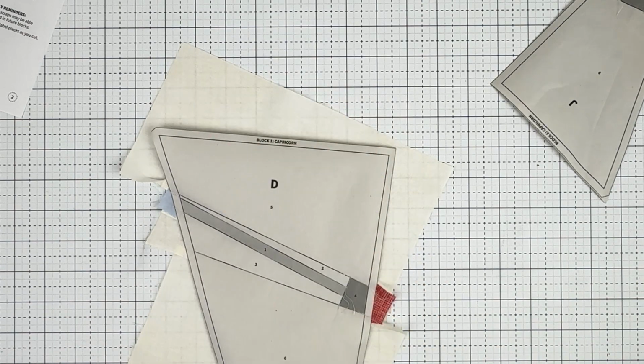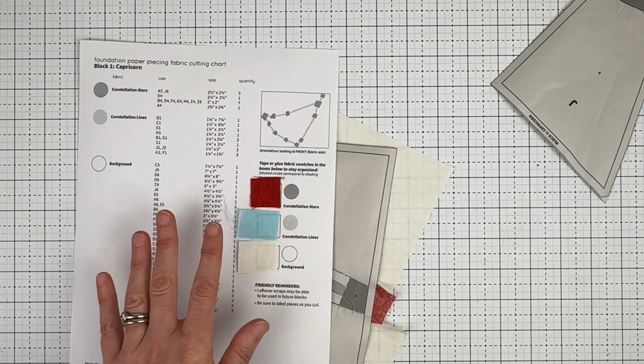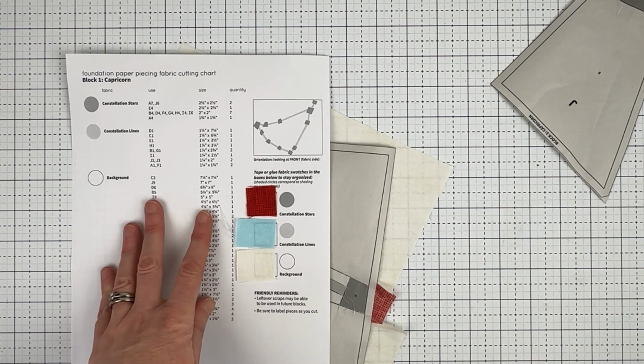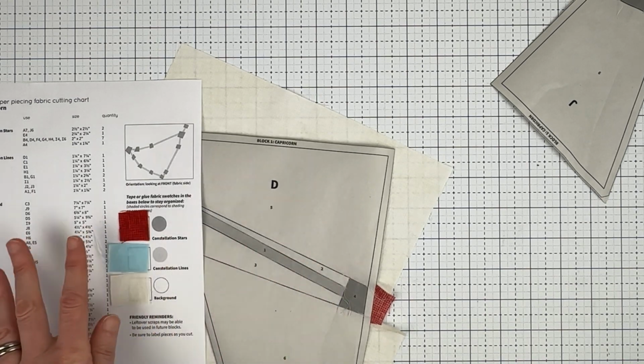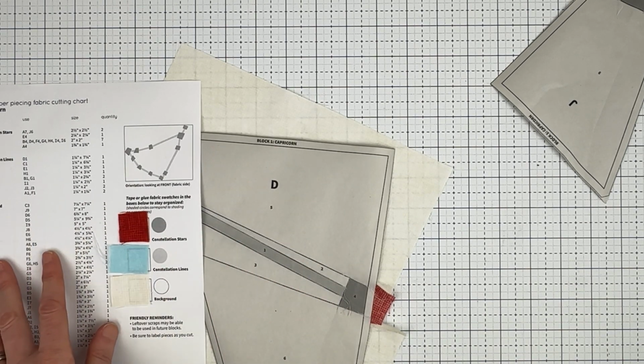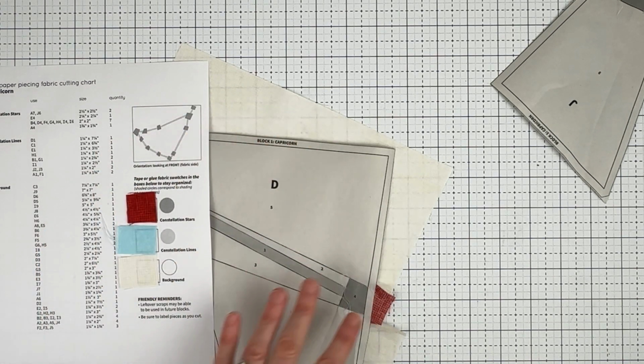pieces in future blocks. If you're a more experienced paper piecer, you may decide not to pre-cut your fabric according to the cutting chart, as there are definitely more efficient ways to cut. The pre-cut fabric measurements included in this pattern assure that everyone has enough fabric to cover all of their sections